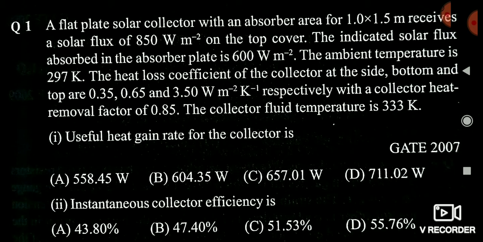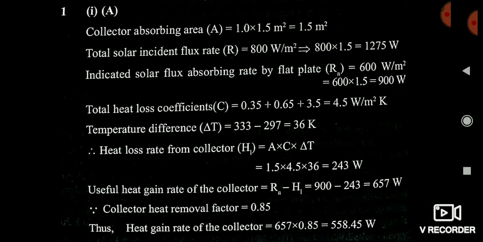The important thing is, if someone asks what my capacity is, I will say my capacity is only 3 chapatis, not 4 chapatis. How much is given is not important, only how much I have taken is important. My capacity is more important than how much is being given to me. Similarly, in the case of a solar collector also, the solar flux given is 850 watt per meter square, but the solar collector capacity is only 600 watt per meter square. So we will consider only the